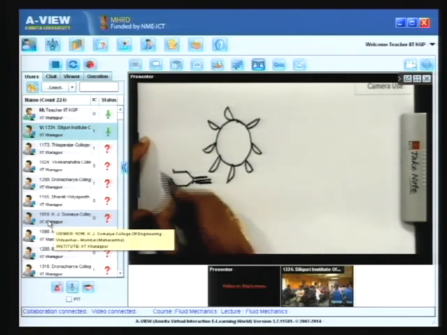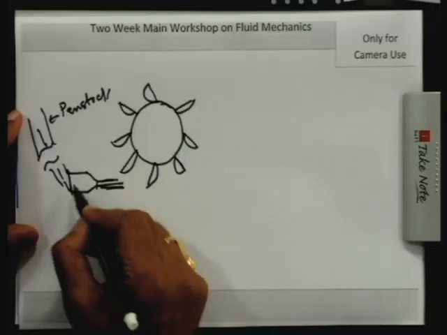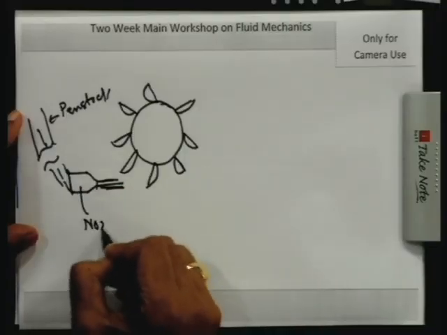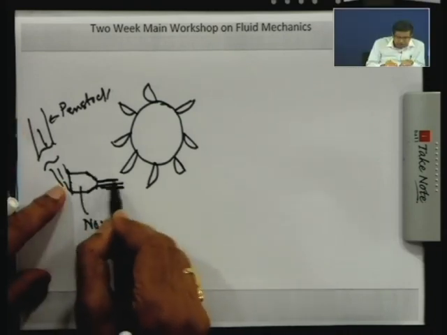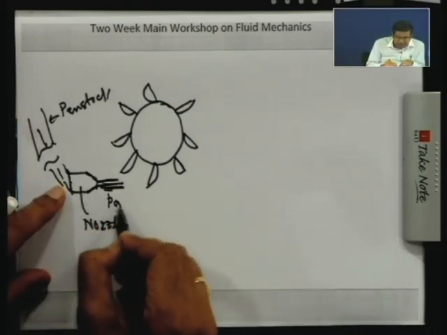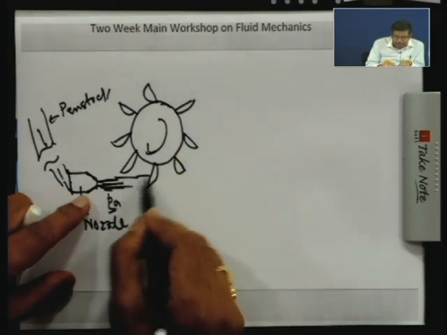Here from the penstock, because of the lack of time I could not teach you, the water comes at high pressure at inlet to the nozzle, this is the nozzle, and the nozzle fully converts this pressure to kinetic energy, and here pressure is atmospheric pressure,